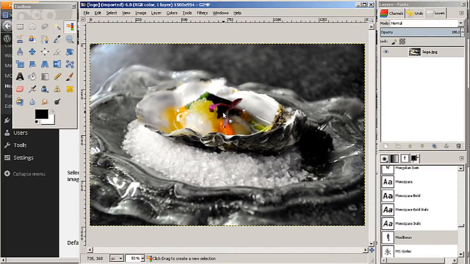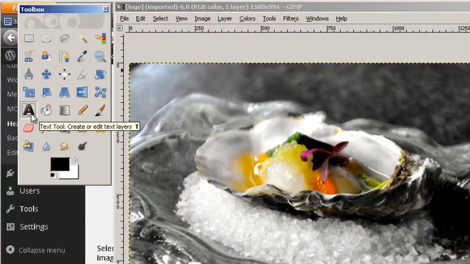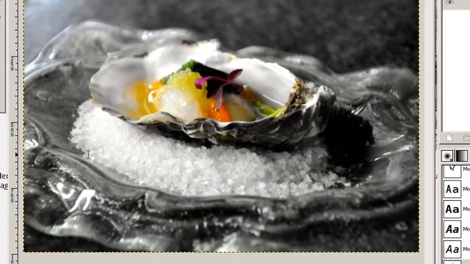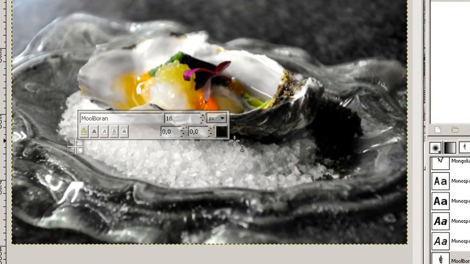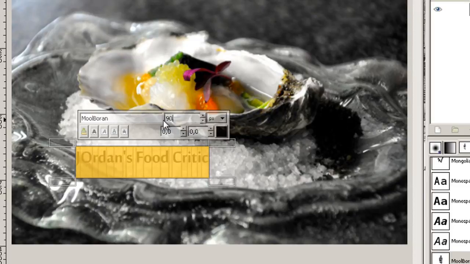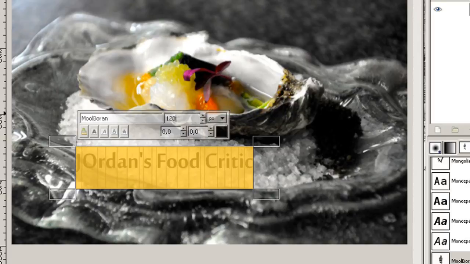Once you have the image that you want, you might actually want to add a small title. It really depends on what you are trying to accomplish. So you just press the text tool, you click where you want to add your text and you write what you want. Jordan's food curriculum. I'm actually not going to have this title. So as you can see, it's really small. You cannot even see it. You just need to select everything, go over here and increase the size to 90 pixels, a bit larger probably,